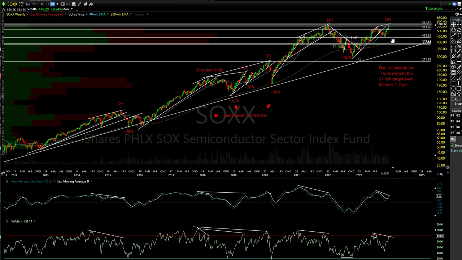Okay, 27, 20, 39, 42. And I told you yesterday, I think this plays out like this. So this to me has one of the biggest profit potentials as a flexible trader willing to go long or short. I think we'll work our way down, and this is how I think it's going to play out over the next 1 to 2 years, ultimately working our way down here, meaning in 2024, 2025. And keep in mind, stocks tend to fall a lot faster than they rise.